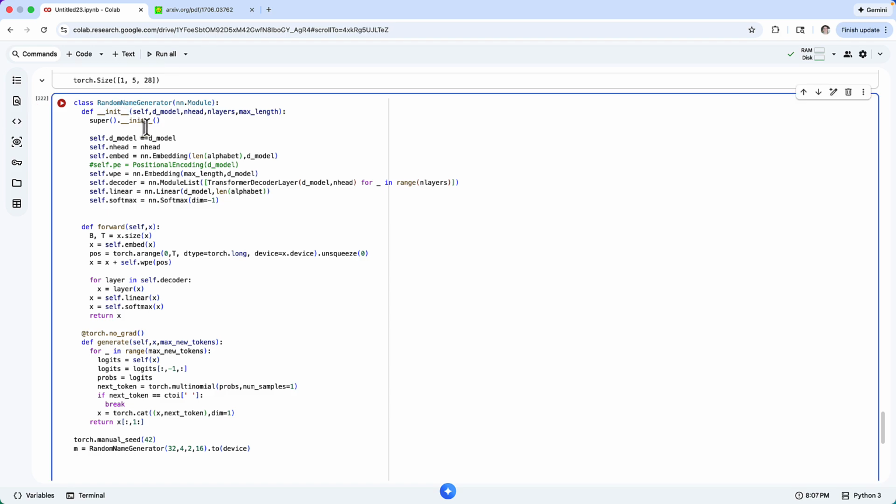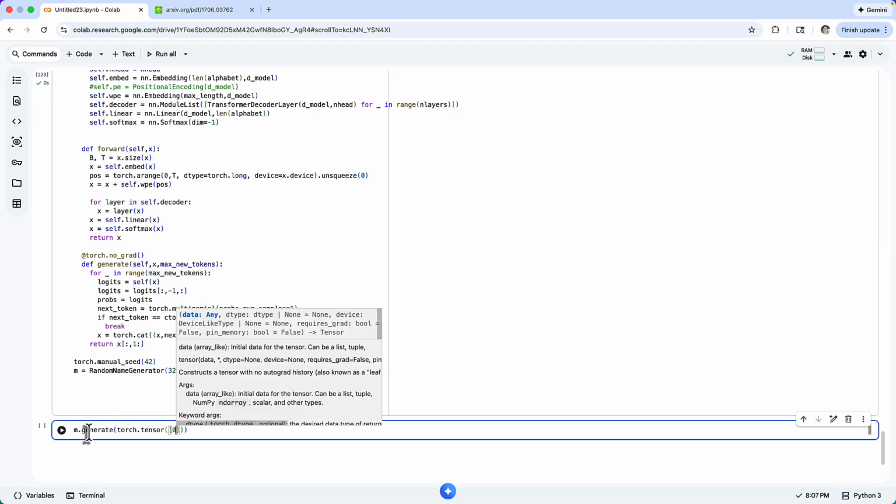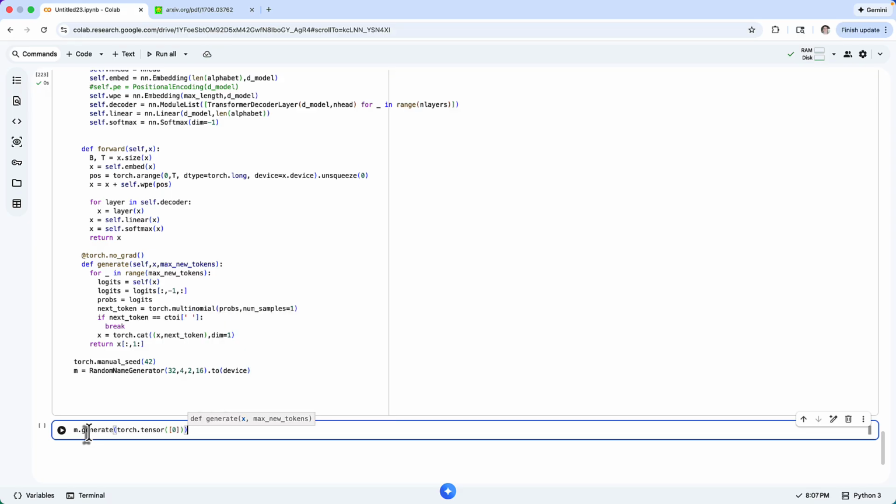Here's an init function that is not correctly initialized. Alright, so this worked. Now I can see if I get anything from this. And for that I need to call my generate function, and I have to seed it with something, which is the space character in the beginning. I have to add the batch dimension. I have to put this all onto the device,